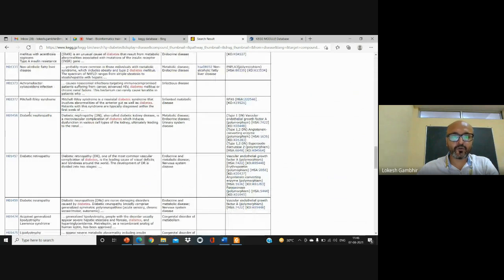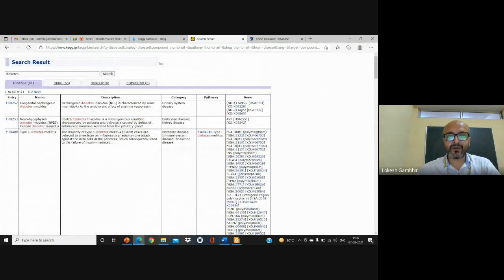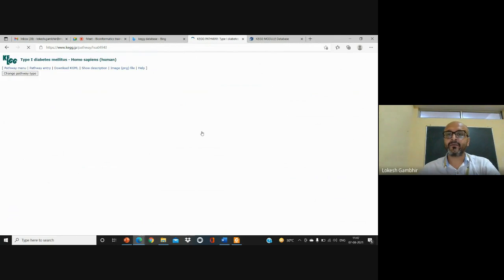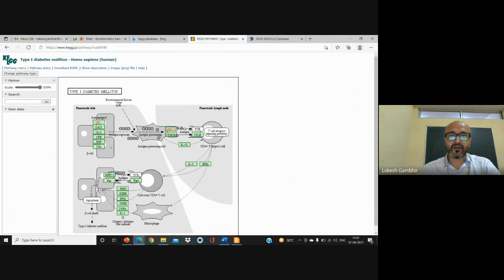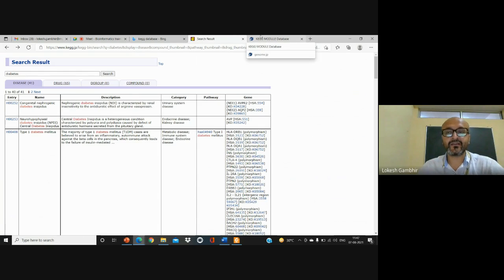What are the different syndromes that are associated with the diabetic conditions? Those will be available in front of you. And then if you want to study the pathway, links are provided here only. You can just click on this and you will end up at a type 1 diabetic pathway: how the beta cells are producing the antigen, how MSC is being recognized, and then how the complete islets of Langerhans and the pancreatic lymph node lead to the onset or pathogenesis of type 1 diabetes. So that is in a nutshell what I wanted to tell you regarding the KEGG pathway.